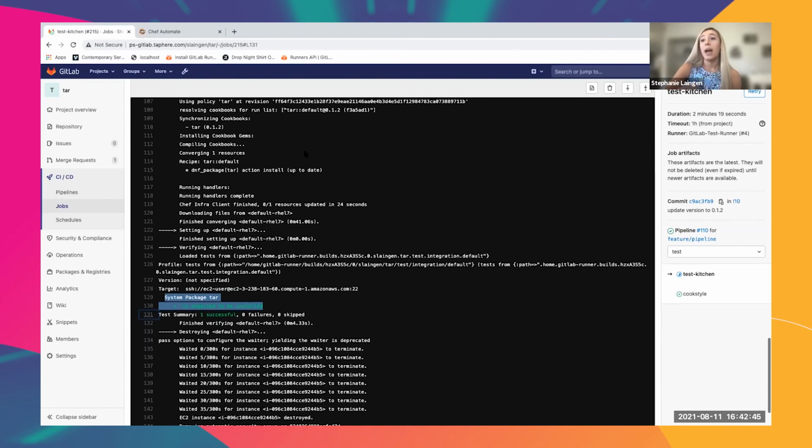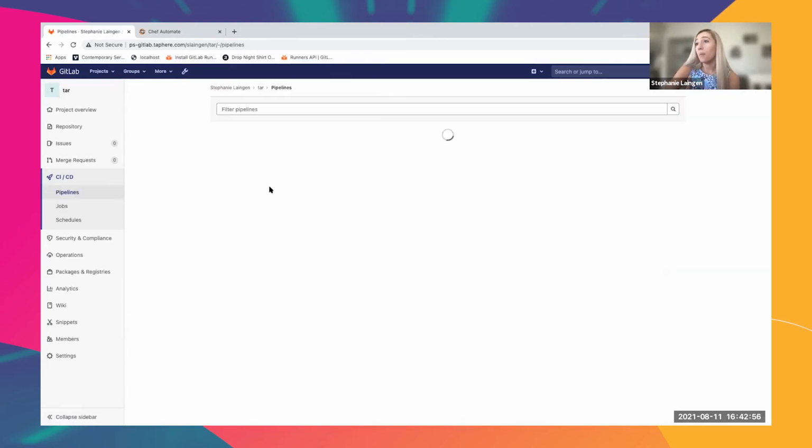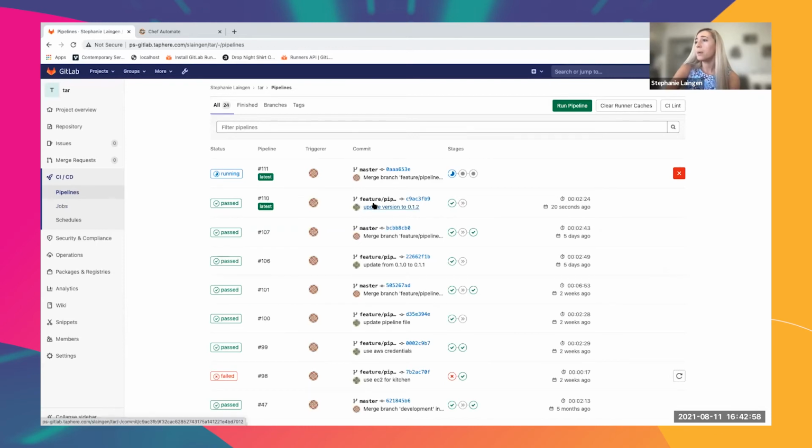And earlier, when I set my merge request to be merged automatically when my pipeline succeeds, we can see that that pipeline was successful. This one on my feature branch. So now when it's merged into master, and I do know that in my slides, I use the word main branch, and in this tutorial, I'm using the word master. Naming is not going to trip up my pipeline. It's set on the master branch here, but you can use whatever naming convention is standard for your organization.